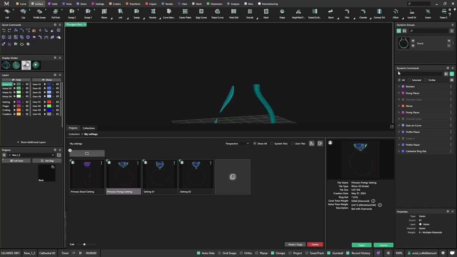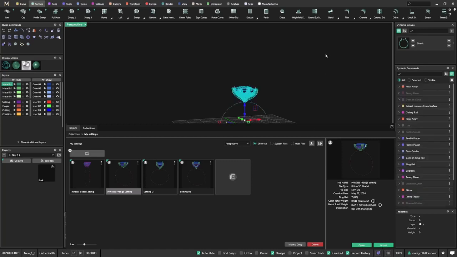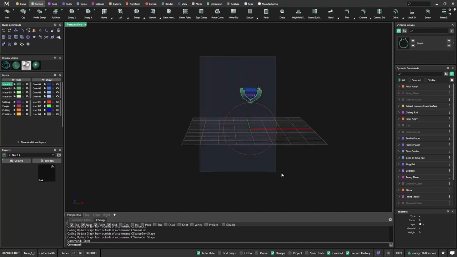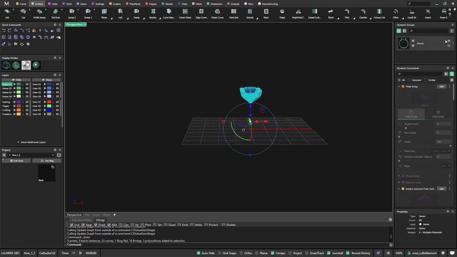Very important now, because I already have all this geometry here, I don't need to open because this would create a new file. I need to import. So I import, and again I will get all the different parametric steps that I did on this file. And I get it all here because I have it in groups. This is important, so I can look just at the parts that I want to see, showing and hiding from here. I can do the same with this one, so I can just create a new group,